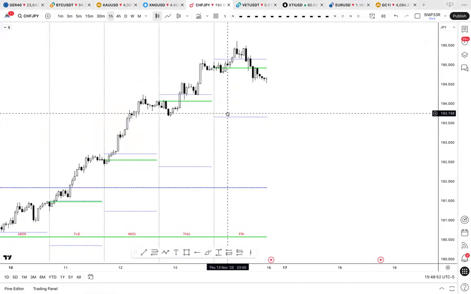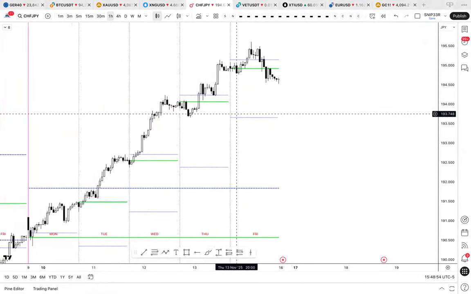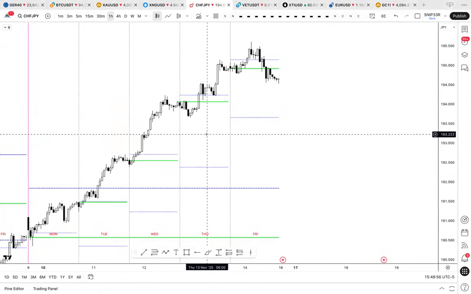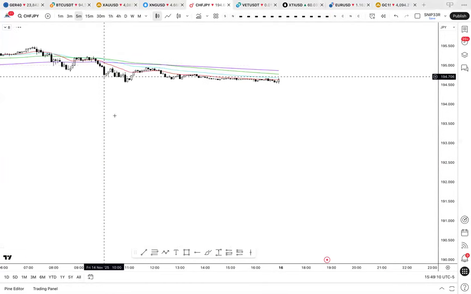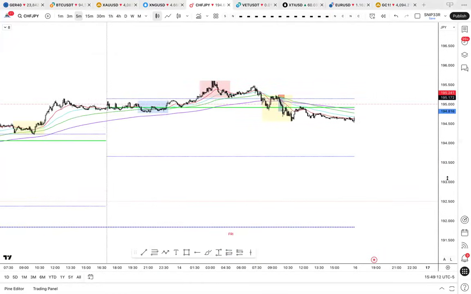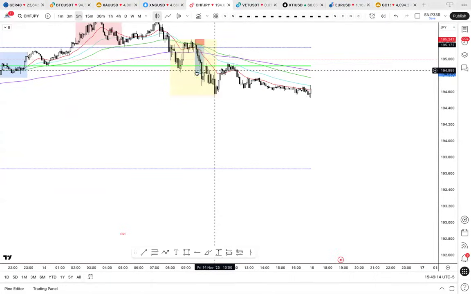Swiss yen, excuse me. We have multiple days to break out. They gave a dump coil pump on Thursday. They gave a pump coil dump on Friday. Let's look at Friday for a sec. Let's go straight to the 5 minute. And let's just look at the simple fact that